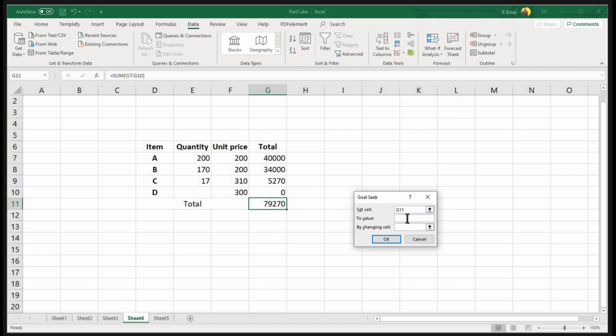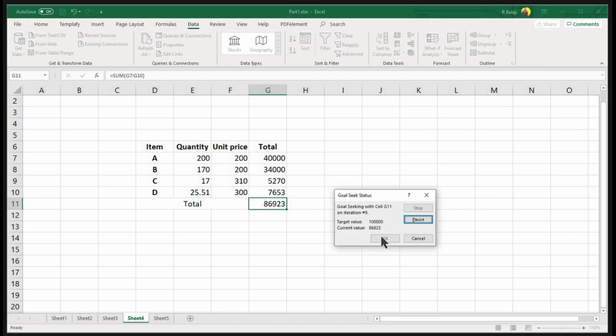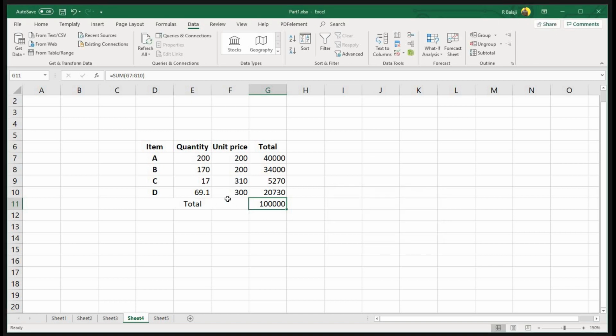The value which I want it to be, for example, 1 lakh rupees, right? And which cell is to be filled by changing? Which cell is supposed to be changed? This cell. I'm giving OK, right? You can see target value and current value, it changed earlier.